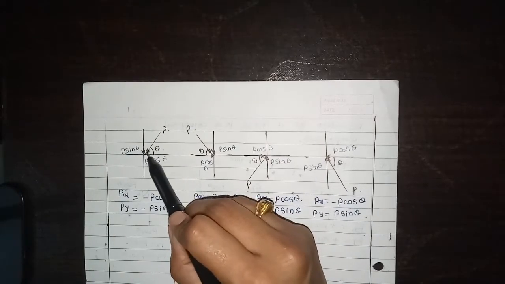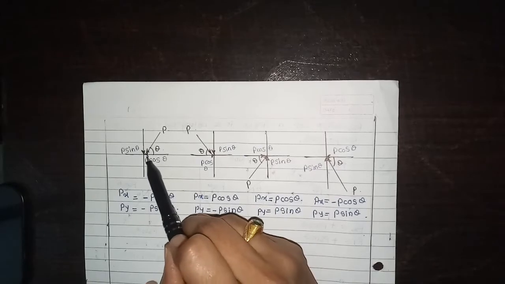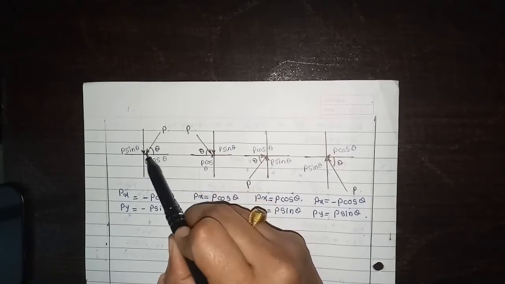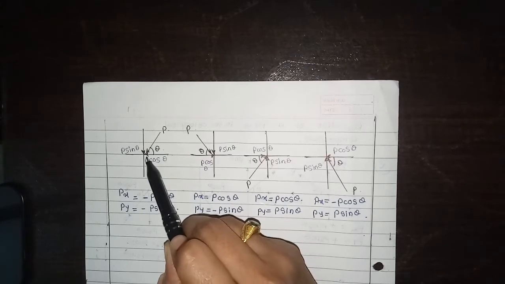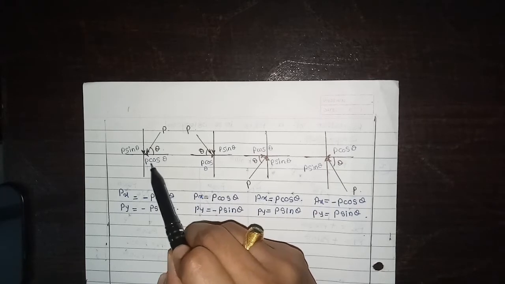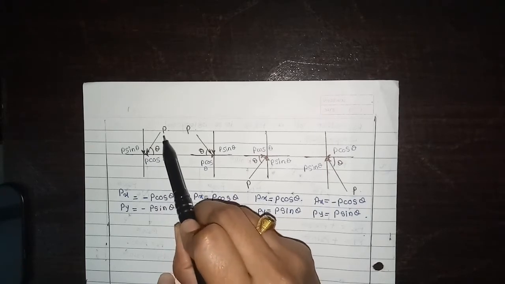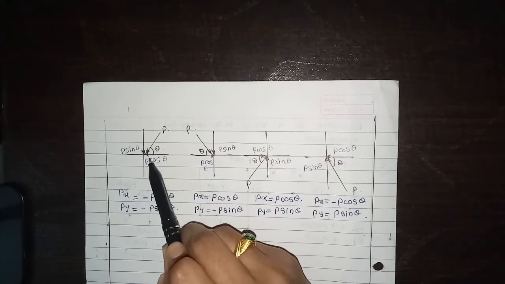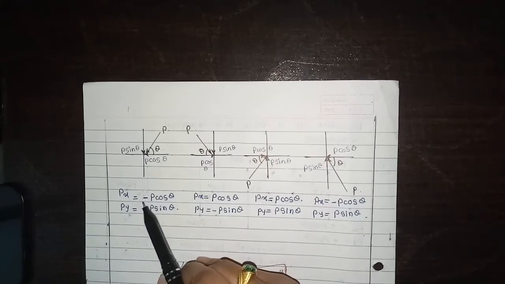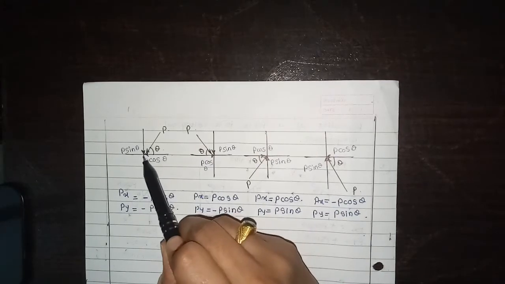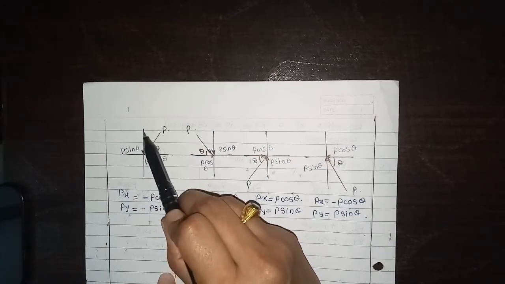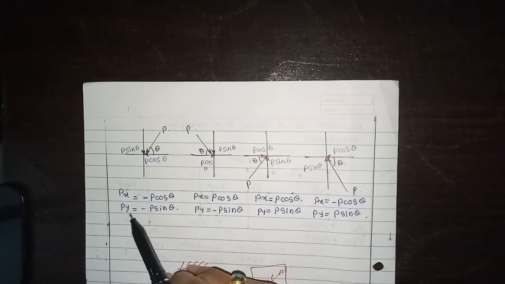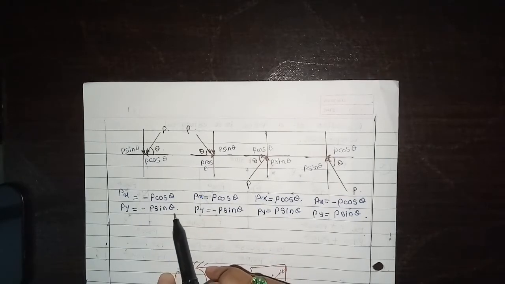Next, force P acts as a compressive force, which means it acts towards the point. So the compressive force P is resolved into two directions, towards the point from all directions. So how do we calculate Px and Py? Px is equal to P cos theta. This is the left direction, so Px is equal to minus P cos theta, and Py means this force acts in the vertical downward direction, so Py is equal to minus P sin theta.